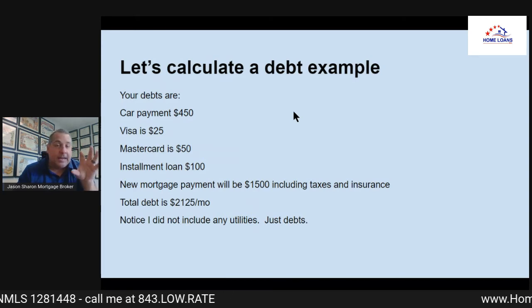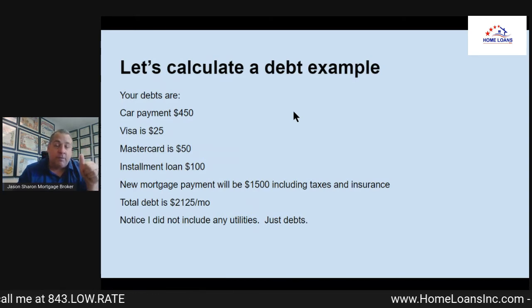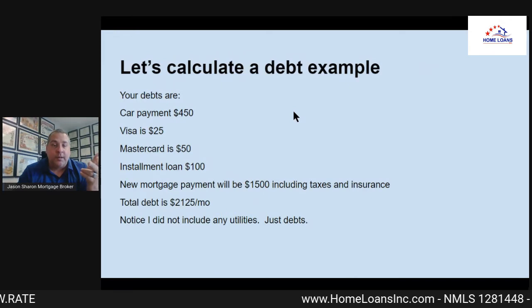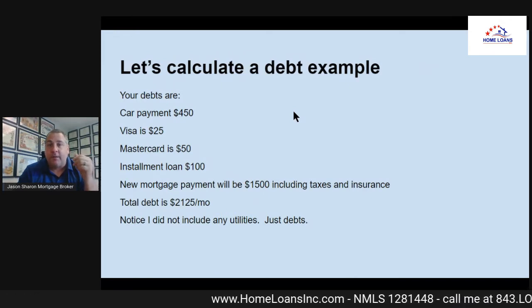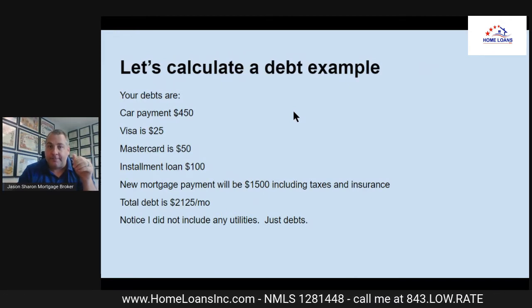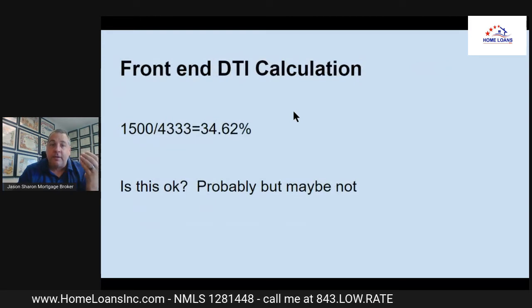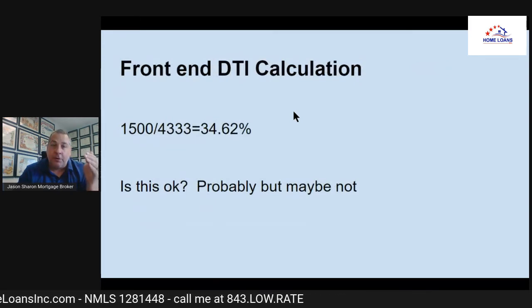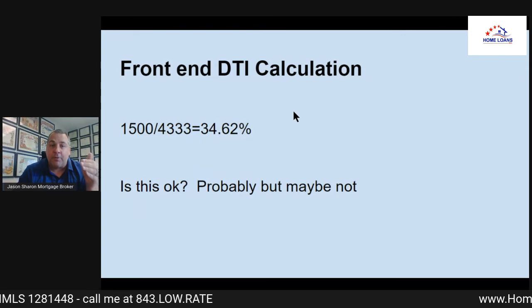I want you to notice something. I did not include utilities. I didn't include cell phone, water, electricity, car insurance, that kind of stuff. It's just your debts. So let's say you get a front end calculation: $1,500 a month divided by the $4,333